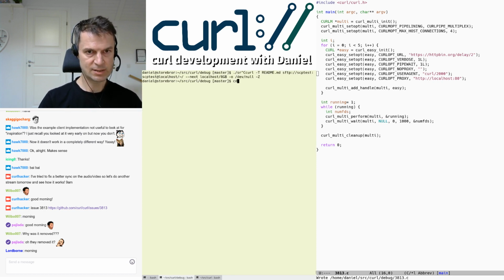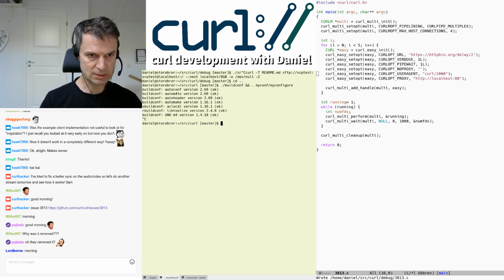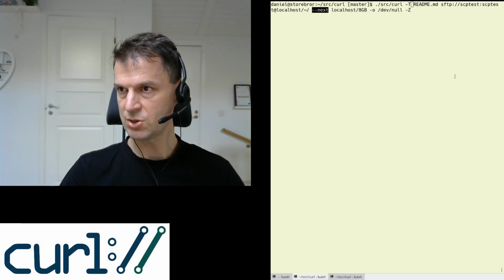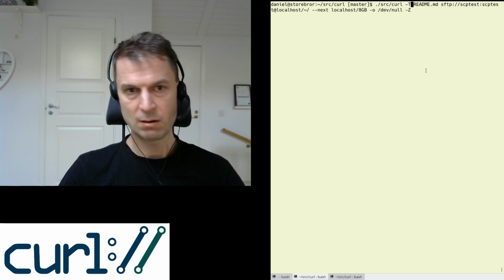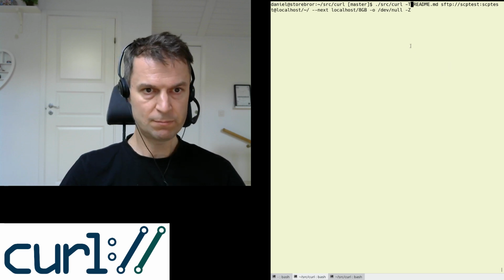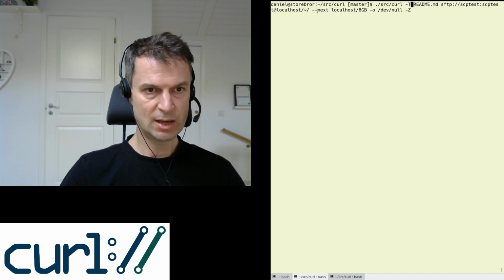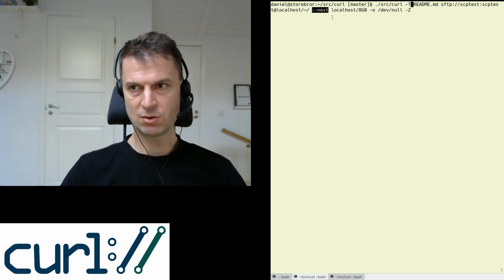I did like this. This is a cool command line. I can't type. So here's an example command line that uploads a README file to my SFTP account. There's the magic next instruction. I should possibly do like this to show it off bigger. I don't know if it's big enough. Well, so it uploads README to this destination, and next is just a magic separation on the command line, which